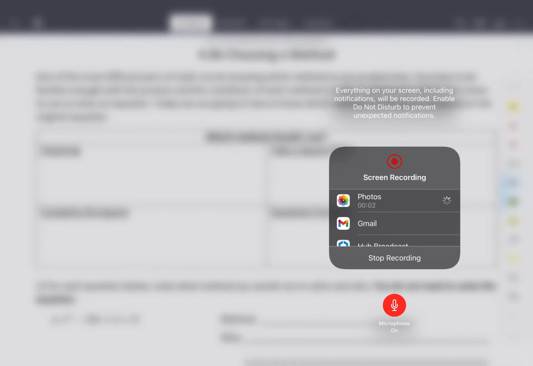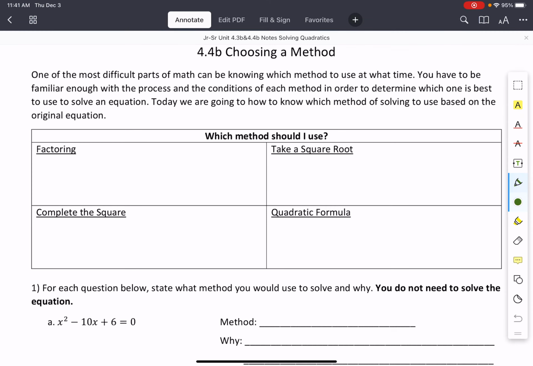All right, so again, the point of today's lesson is to talk about all these different methods we've learned how to solve a quadratic with, and when to use which method. The idea is that we want to do whichever is going to be the easiest to solve based on the equation, all right? So when do I factor? You're going to factor if the numbers are small,